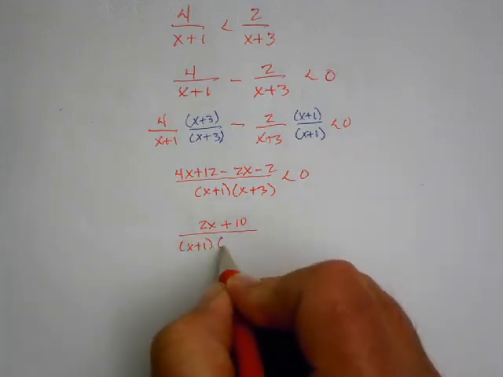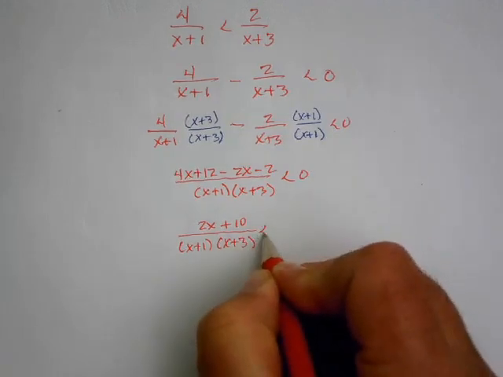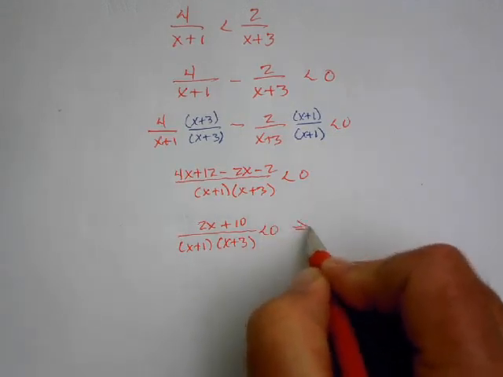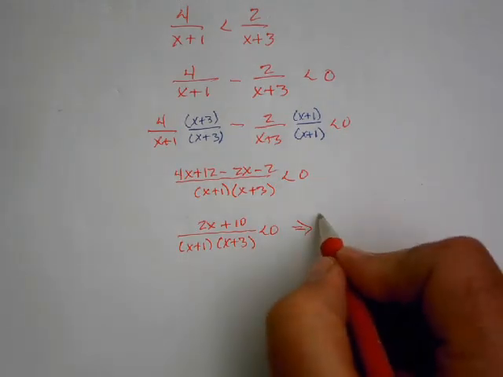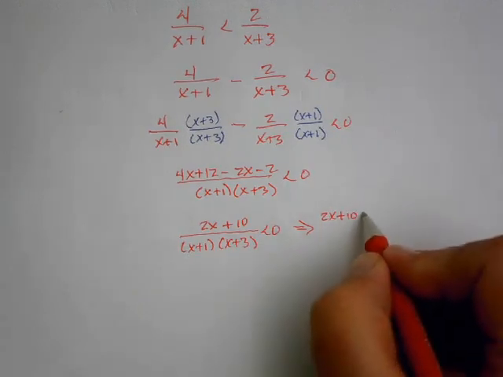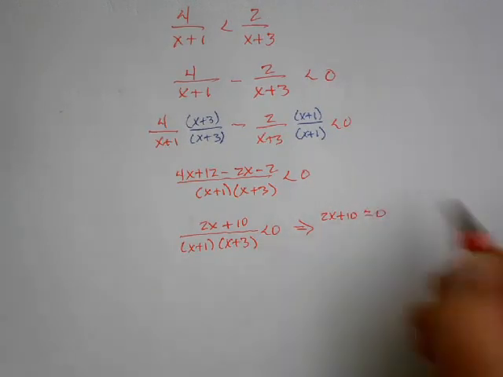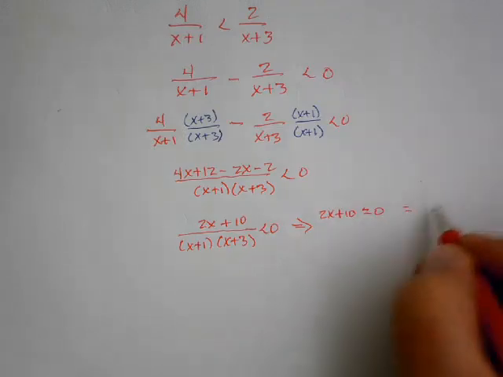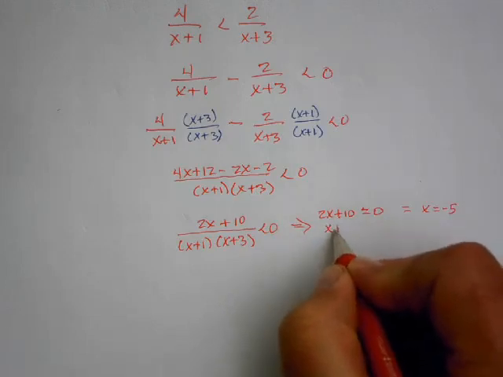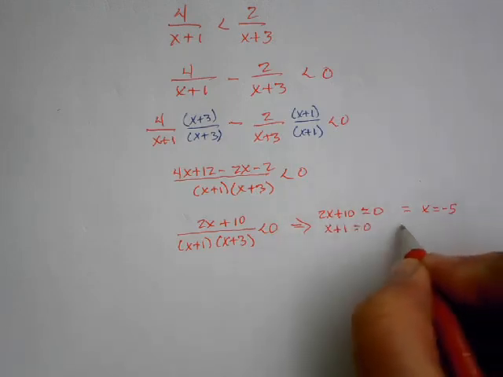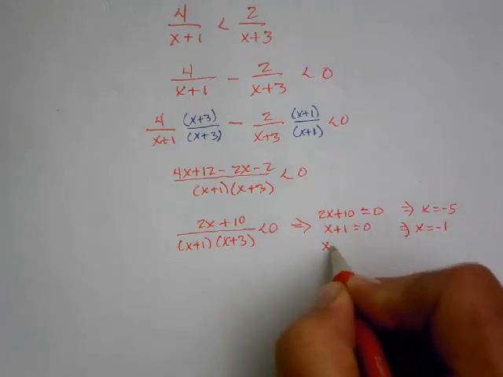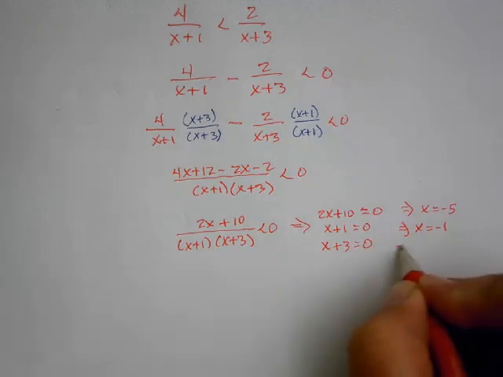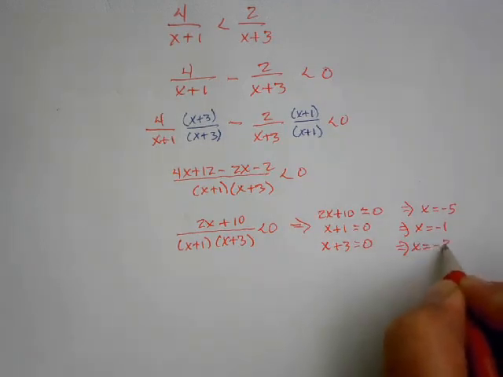Which, for the numerator, will lead to basically x equals negative 5, and then the two denominator ones, so x equals negative 1, and this one, x equals negative 3. So what that means is I'm going to end up not with 3, but 4 different